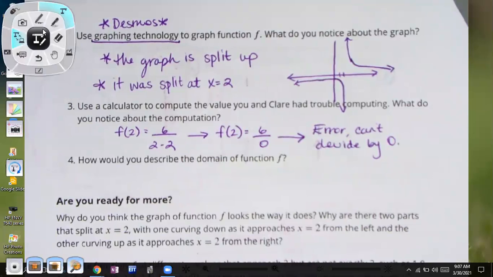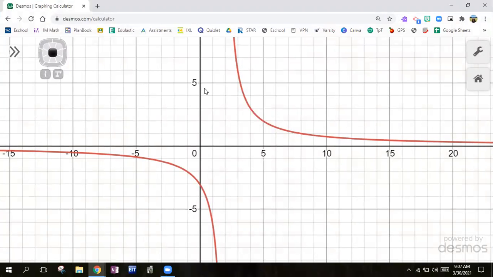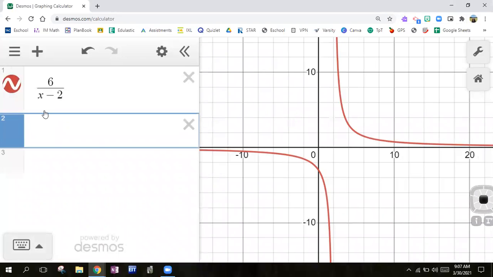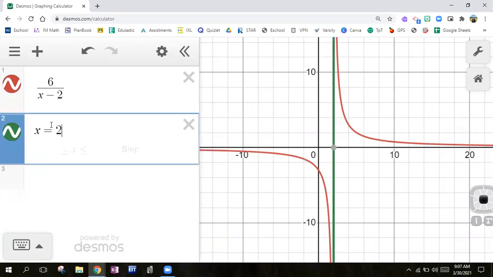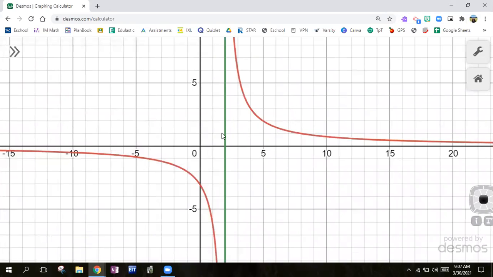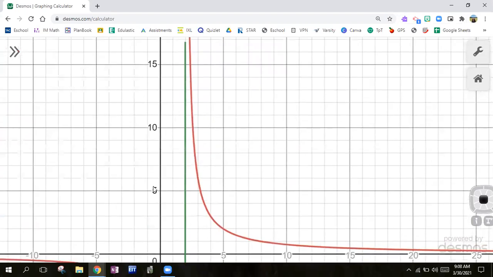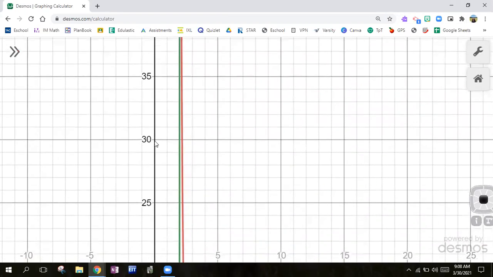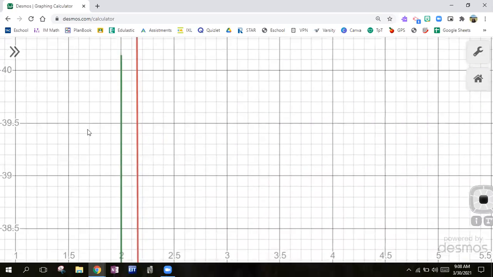All right, now let's look back at my, y'all can't see that. So I'm looking at my graph. I'm gonna put f of 2, x equals 2. All right, so it just created this green line. So that was where, when our x value is 2, what do you notice about this green line in our function? It just keeps going, getting closer to that red line. It does, it is getting closer, but that line will never, ever